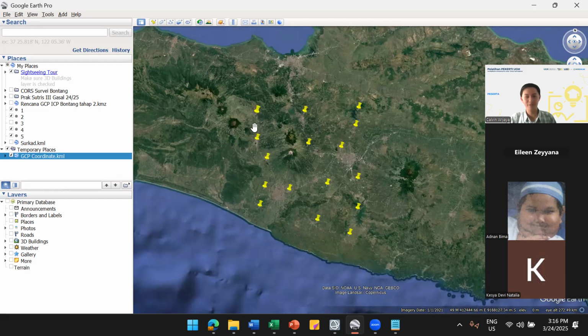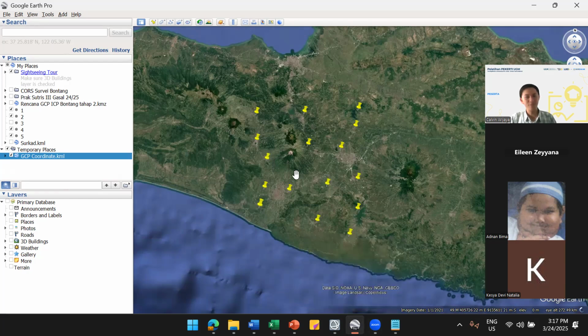So this is the first one, this is the second, and this is the third. The order in which we measure the ground control points is more related to the efficiency of project management, on mana titik yang duluan kita ukur.